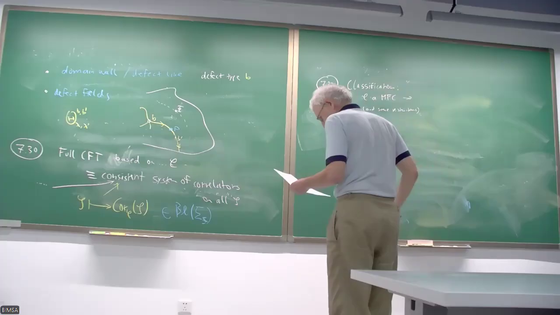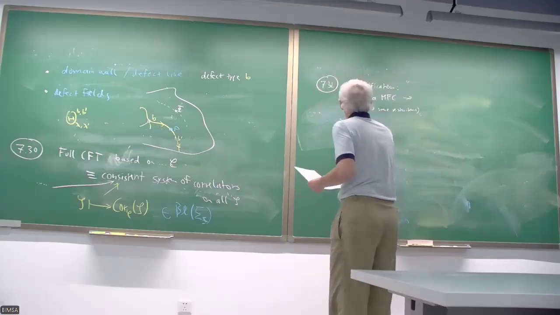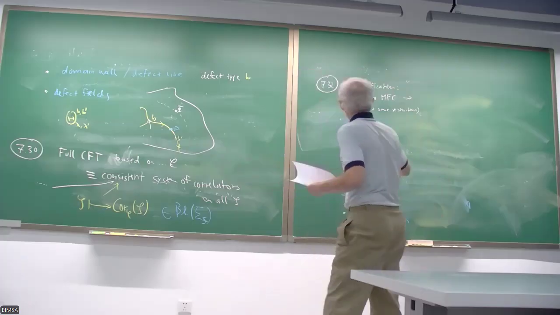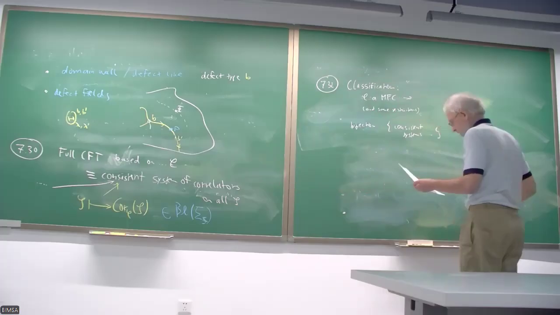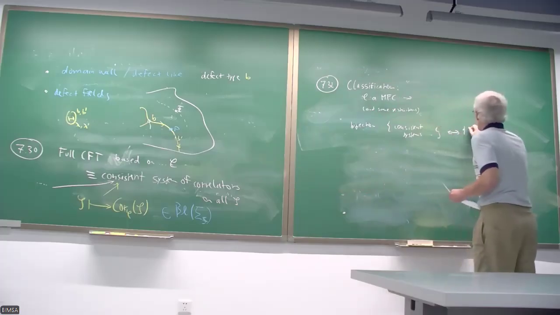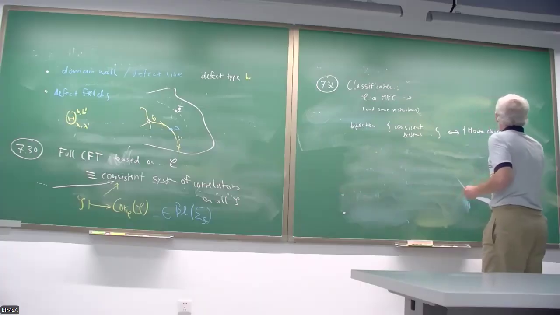If I have time, I will do it later. Then there is a bijection of such consistent systems of correlators, and Morita classes of a certain type of Frobenius algebras